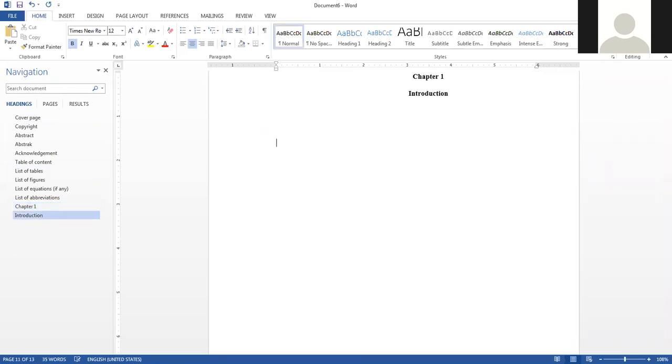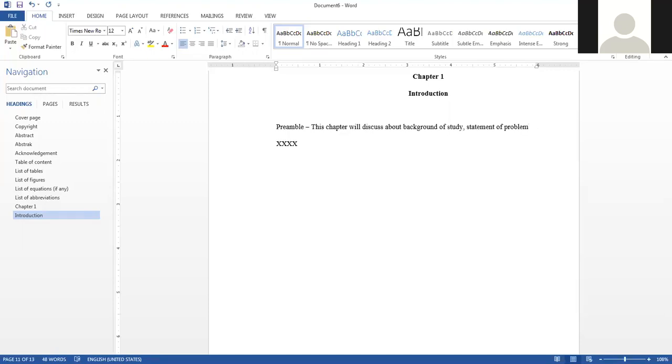So under chapter 1, by the way, for every chapter, when you start that chapter, you need to start with a preamble of the chapter, the content of the chapter. For example, this chapter will discuss background of study, statement of problem, and so on.